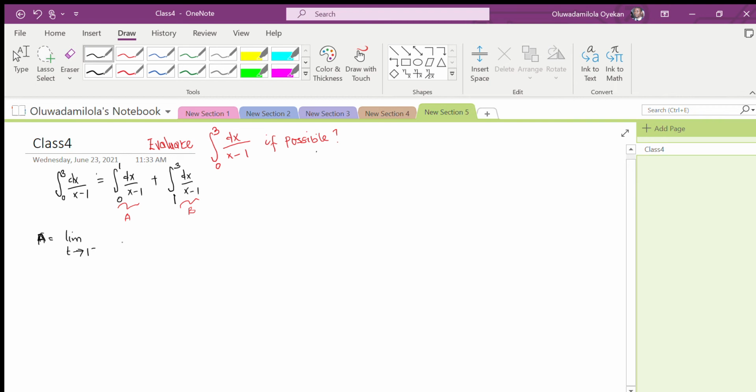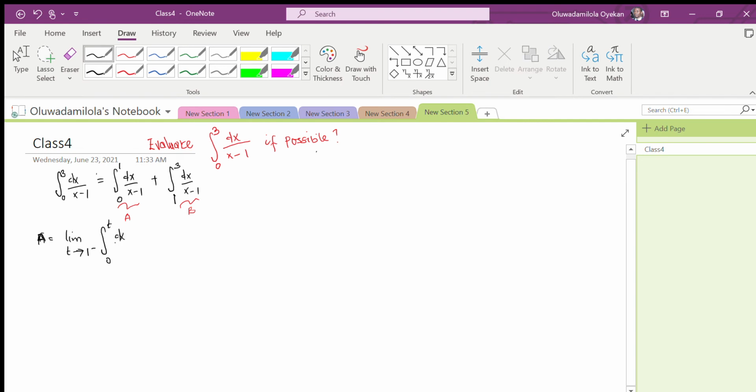It's the upper bound, so we are not getting to 1, because if you get to 1, there's a point of discontinuity there. If it's the other way around, where the point of discontinuity is at 0, then you're approaching 0 from the right, so it's going to be 0 plus. That makes sense. Okay, so I have the limit as t goes to 1 minus of the integral from 0 to t,